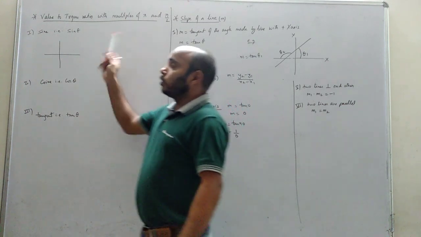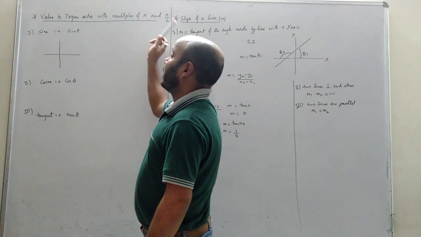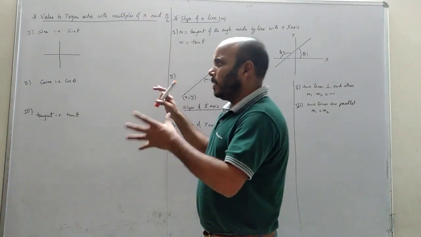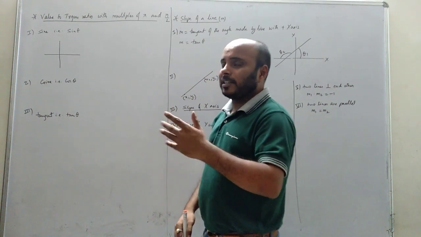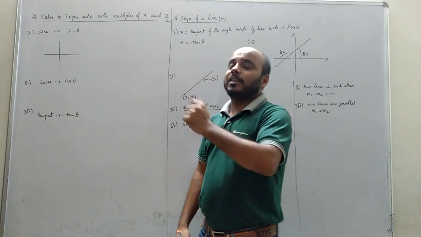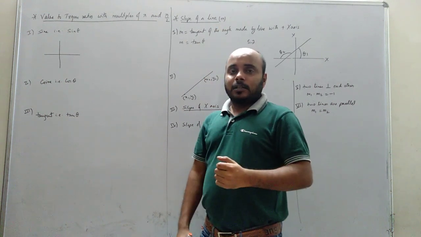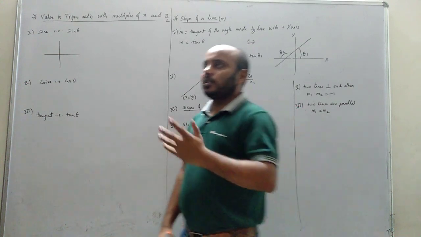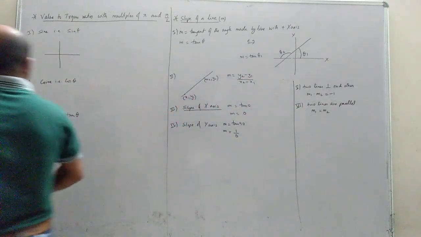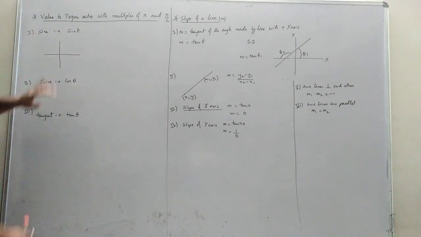Now see, the topic is values of trigonometric ratios with multiples of pi and pi by 2. This is a small basic to identify any multiples of pi and pi by 2. For example, we need sine 100 pi. How to get it? Sine 2000 pi. Sine 1 lakh pi. These things you need to understand. So see, first sine, S-I-N-E, that is sine theta. I am talking about sine theta.